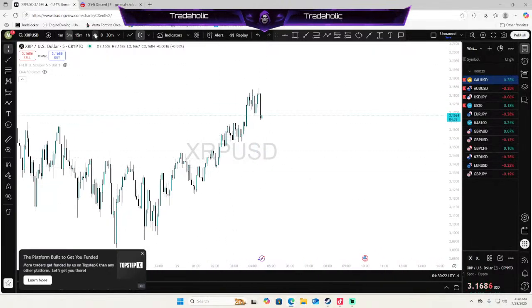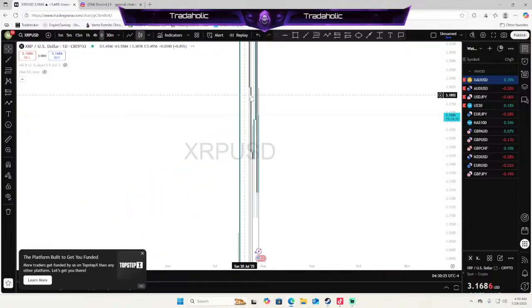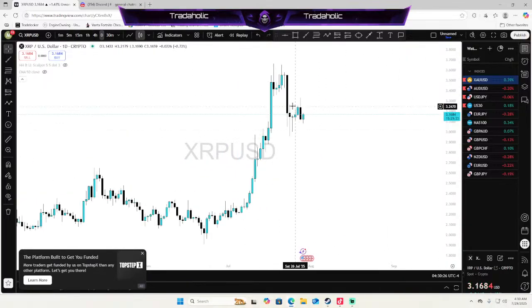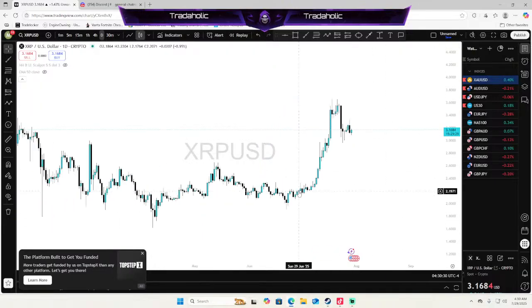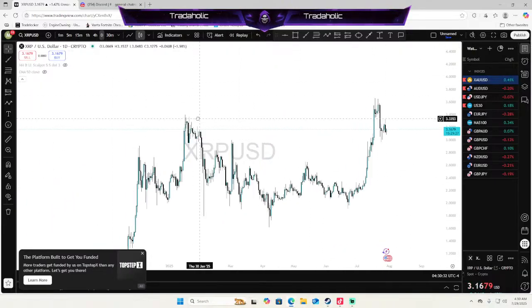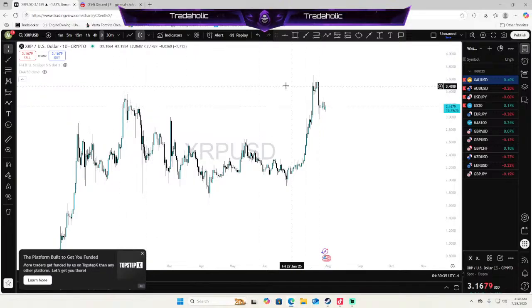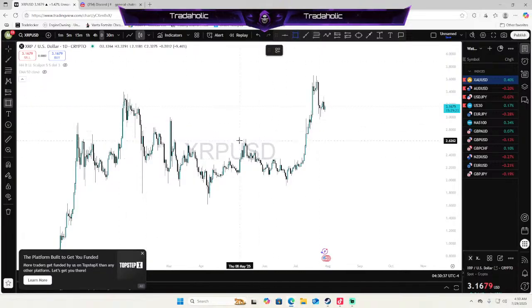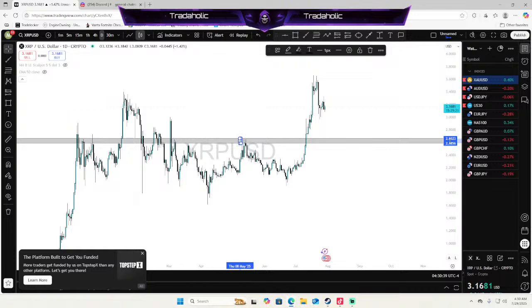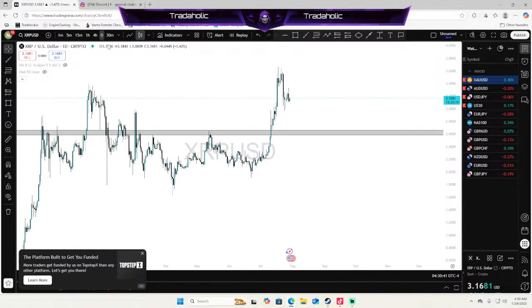Looking at XRP. XRP is at $3.16. Looking on a daily time frame, we just did have a retracement from this 3.70 area. Retraced back to 3.16. So daily is overall bullish. Making a new high right over here. We're having a pullback phase. We could have a pullback into this 2.66 area for some potential buys on XRP